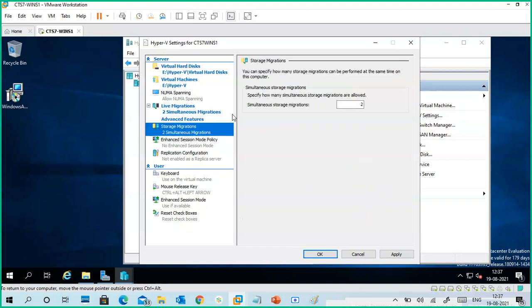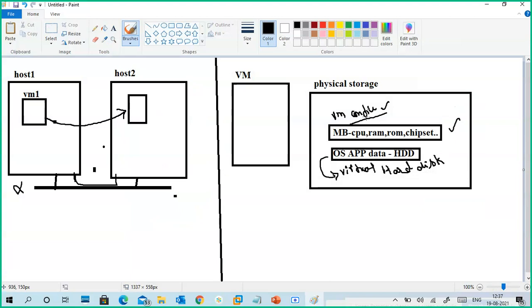This is for storage migration. Guys, I already told you, I keep this one. Migrating a virtual machine means the running environment. The environment of a virtual machine we are able to migrate, but you may want to migrate the storage. For example, the virtual hard disk is in a physical location on host one.